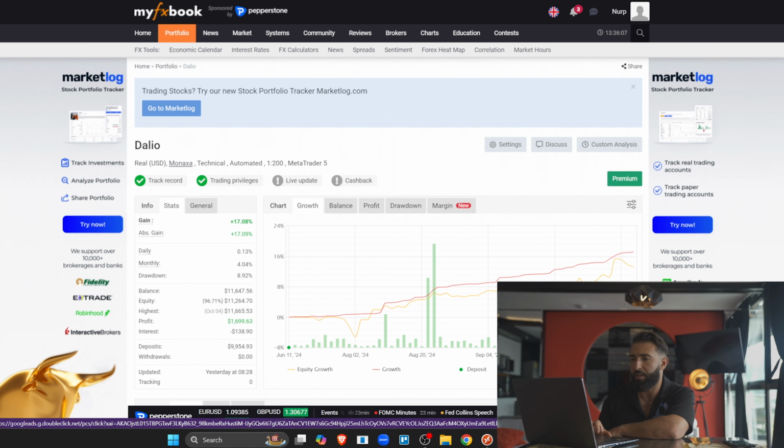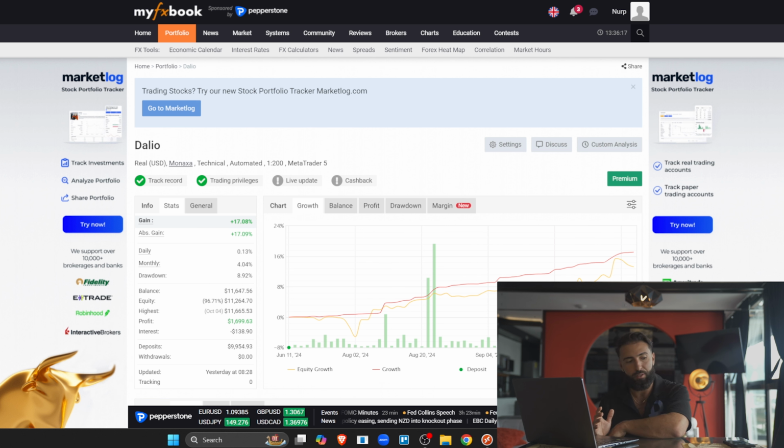Here we are on my FX book. This is the Dalio bot I'm using. And so far you can see that the account has done 17%. But the odd thing is when I go ahead and check my phone and I look at my MT5 account, it's actually showing me a grand total of 19%. So this MyFX book is lagging a bit behind because technically I'm up 19%, not 17%